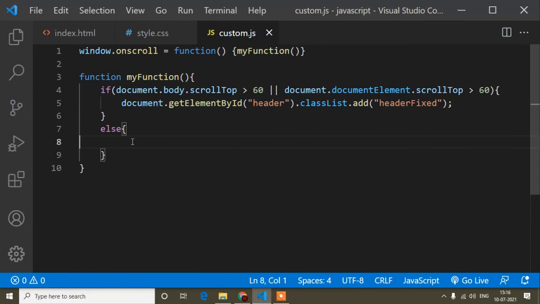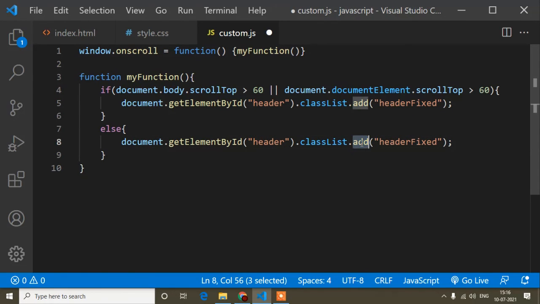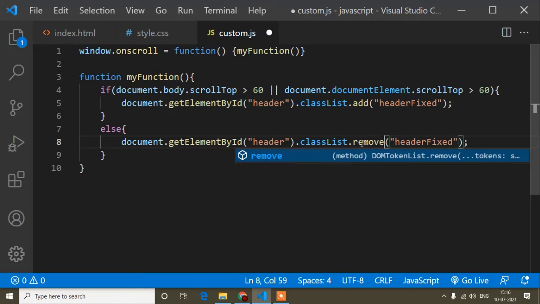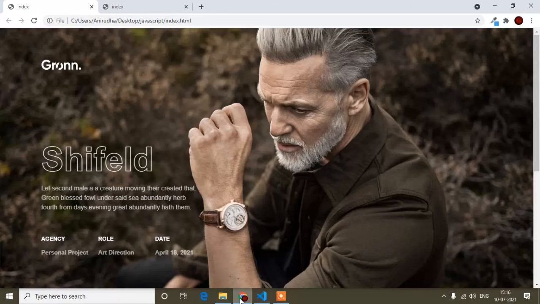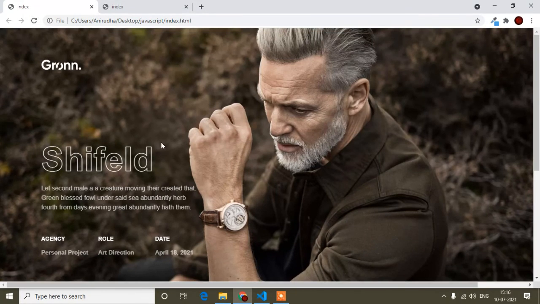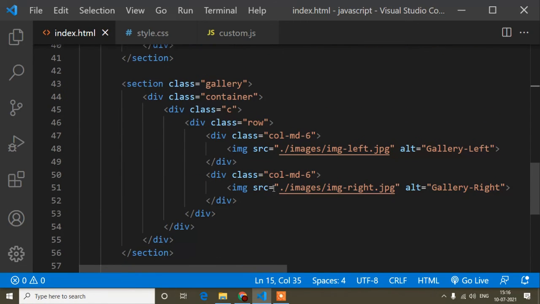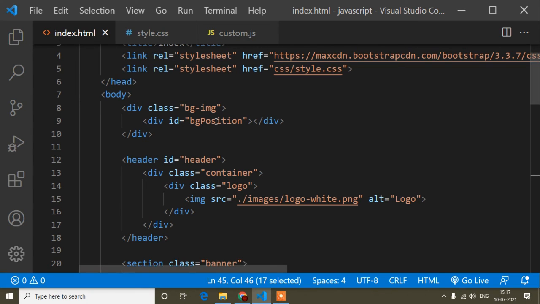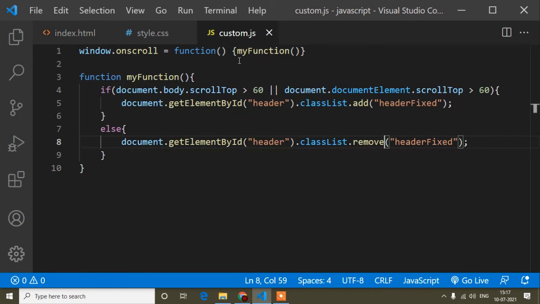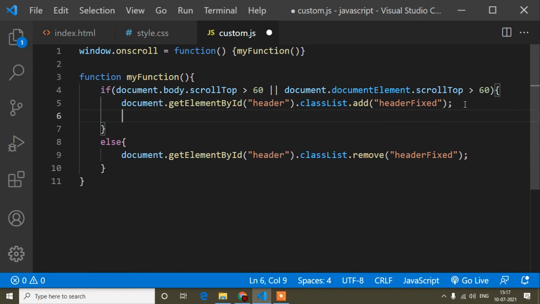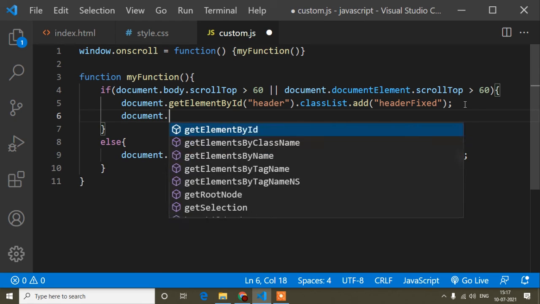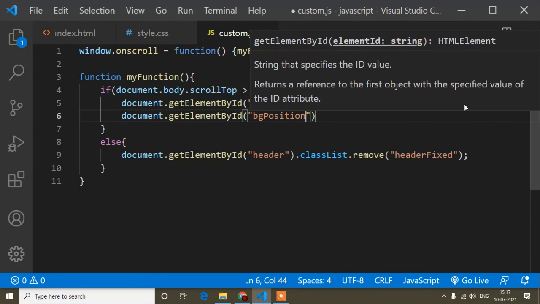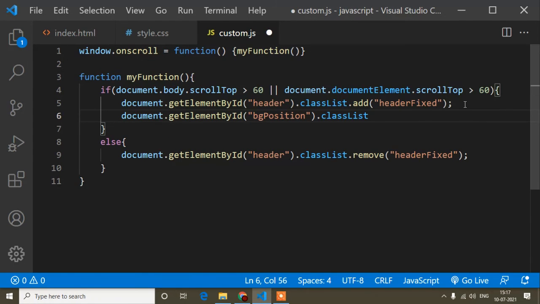If I scroll, you can see the header is fixed. Now I will change the background color. So now the header is fixed, and I will copy this one and again write document dot getElementById, and the id is this one, dot classList dot add.